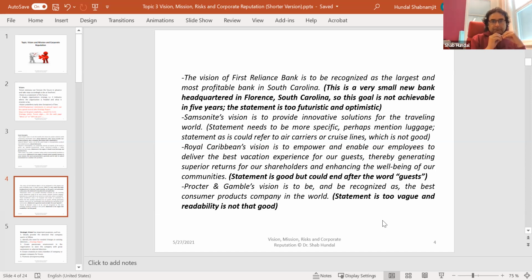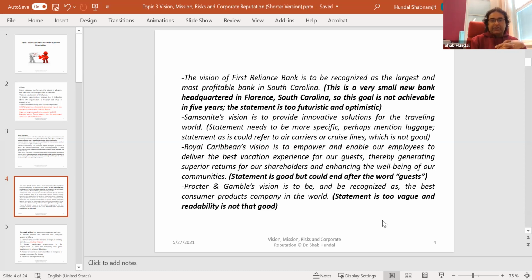Then Samsonite's vision is to provide innovative, good solutions for the traveling world. And here I put some of my comments: which consumer, which traveling thing? Be specific. Royal Caribbean's vision is to empower and enable, they say, our employees to deliver the best vacation experience for the guests,